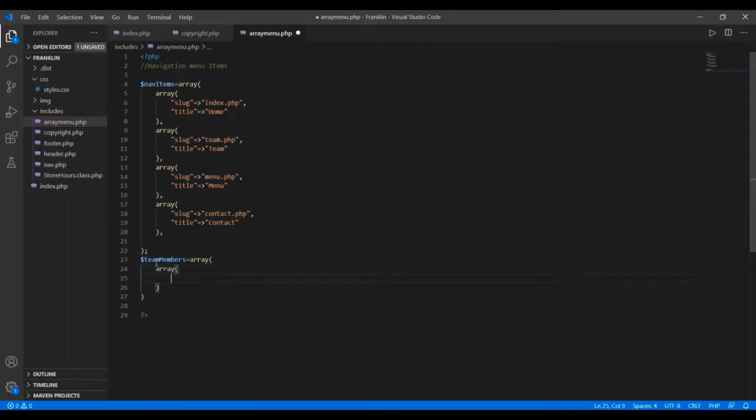In this array I'm creating a variable, say name, and to this I'm associating a value, say Frankie,